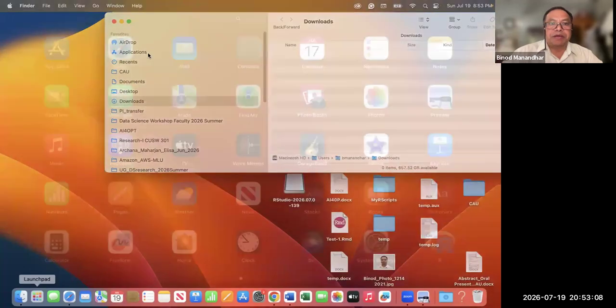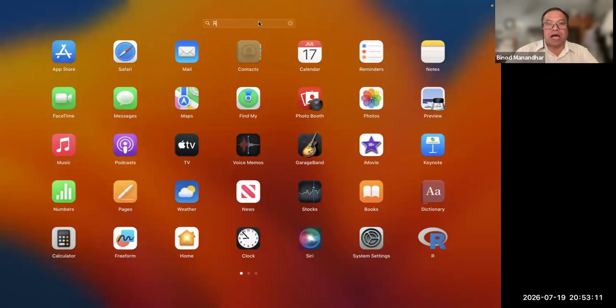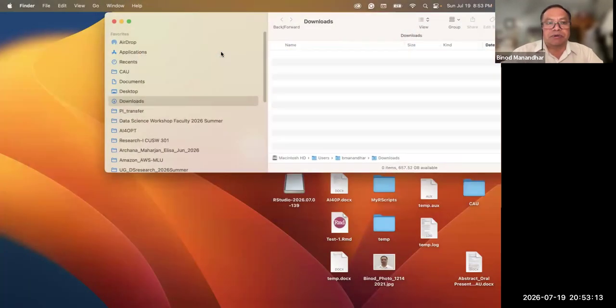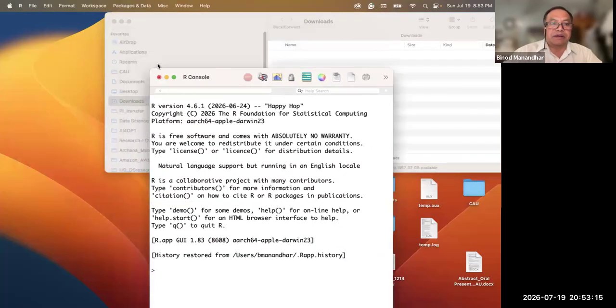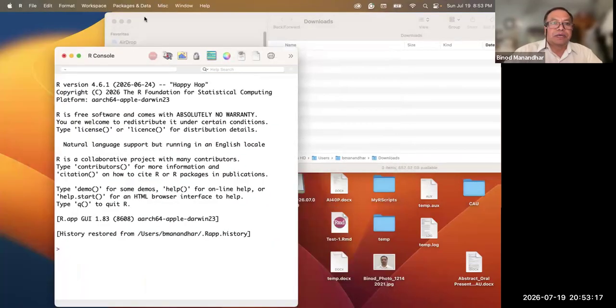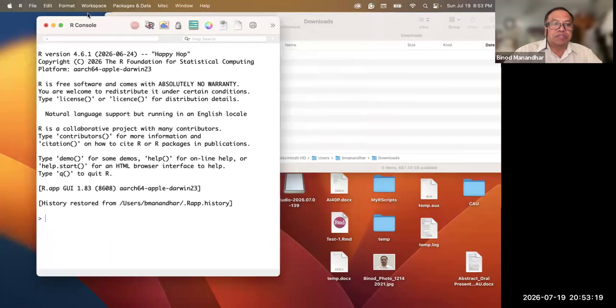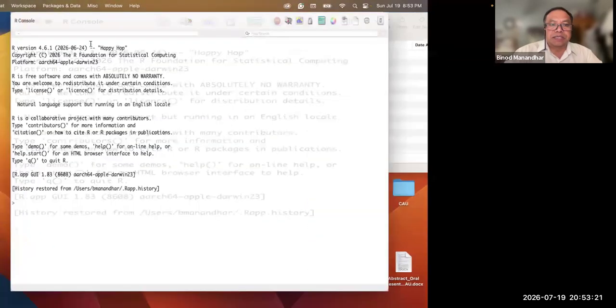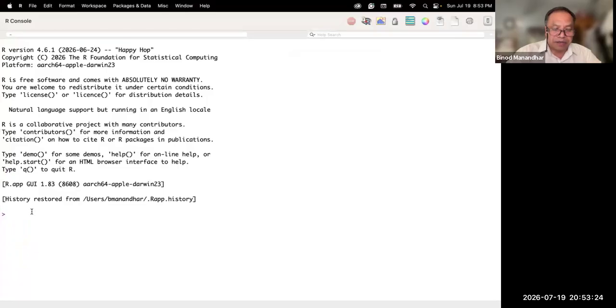Then let's go to see wherever we have downloaded this. Go to Applications here and then search for R. Now this is the R it just downloaded. Let's check this R, make it larger. Now this is the R here. Let's do some algebra here, 1 plus 1, so 2, right? Let's say print